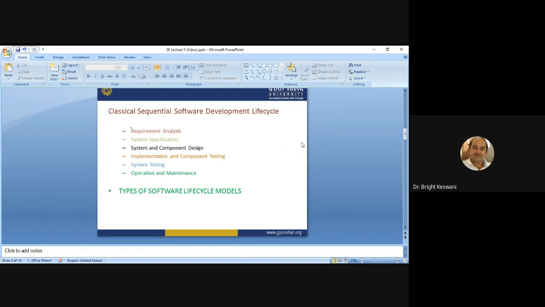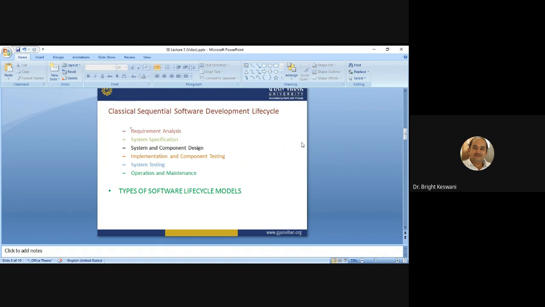Some important activities you can conduct in this design activity. First is designing the system architecture. Secondly, designing the underlying logical data model. Thirdly, designing the algorithm structure of the system components. And lastly, validating the system architecture and algorithm to realize the individual system components. So these are some important activities you have to conduct when you are going to design a system.